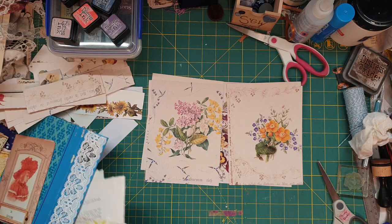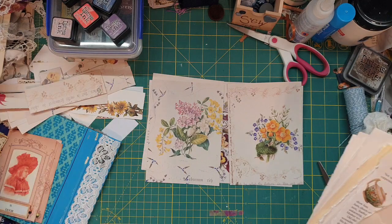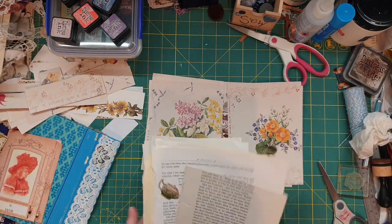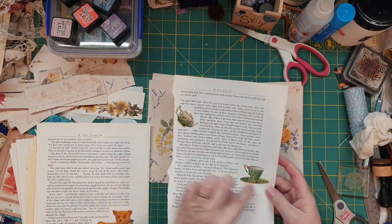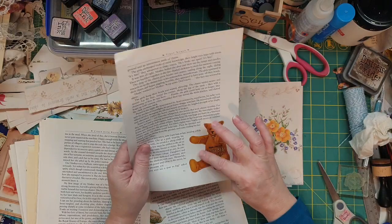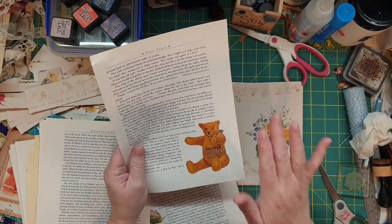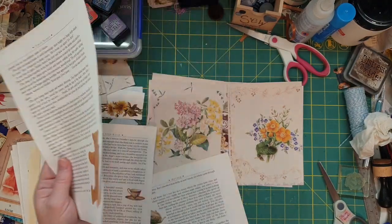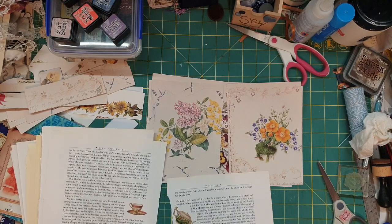Now, so I've got those pages. I've got a couple of these. I might chuck them in as well. And then I've got some more bits and pieces, like couldn't get any more Victorian than teddy bears. I think they were invented just out of the Victorian era or in the Victorian era. I'm thinking that they were Victorian. So